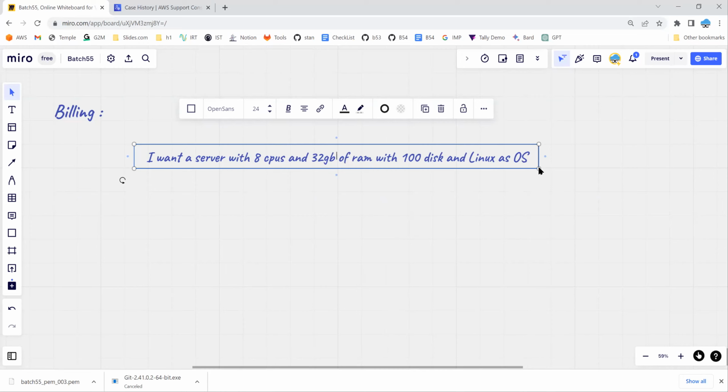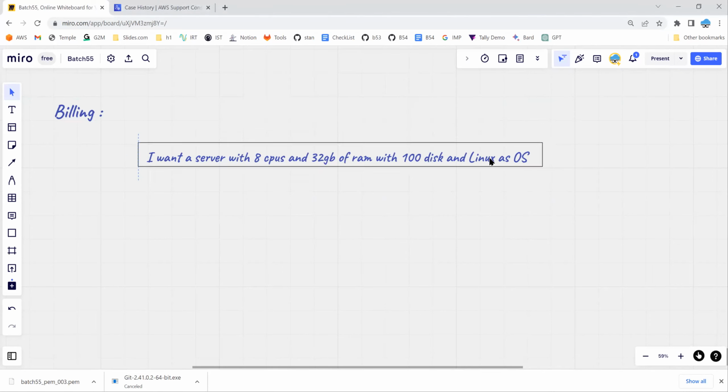Once they share the approval from their business or from their manager, you need to submit this request to your manager. He needs to approve it. That is how good business and good companies work. As soon as you get a requirement, never ever provision straight away. You need to understand what the requirement is, whether you have an approval or not, and you also need to pass it to your manager, and then you need to mention, you should know how much it's going to